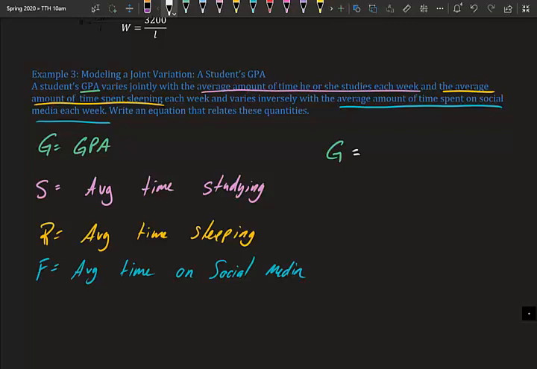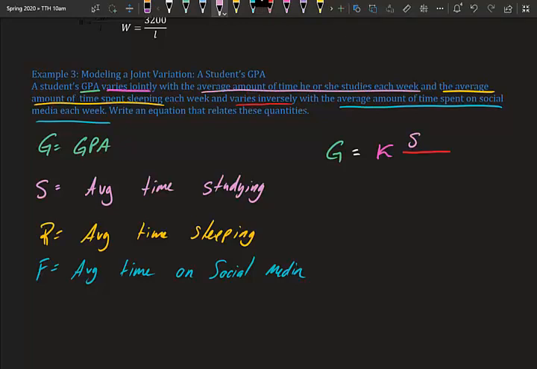So we need a constant in here. And since it says varies jointly, we're going to put our K on the side. So our next variation that we're talking about is varies inversely. So varies inversely means we have our fraction bar, and now we're going to go back through the sentence. So we have the average amount of time he or she studies each week, so that represents S,